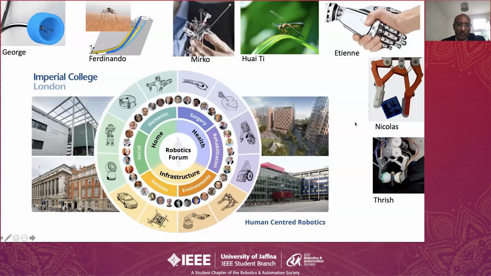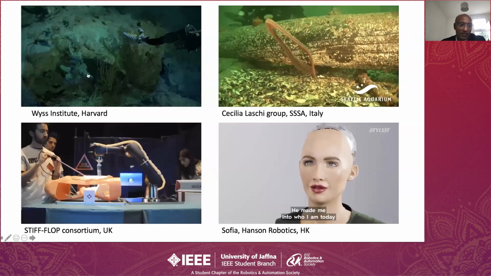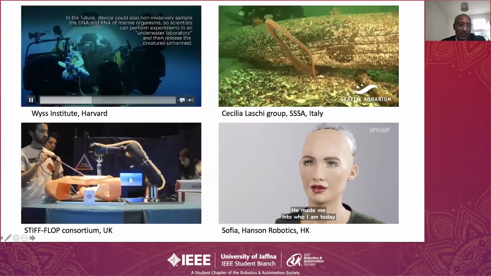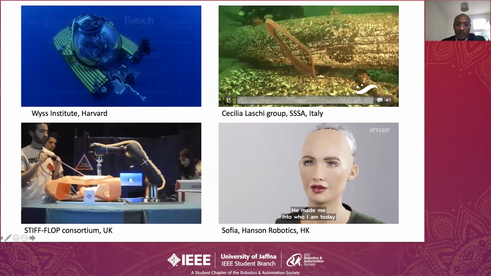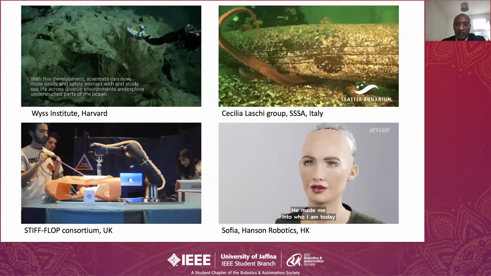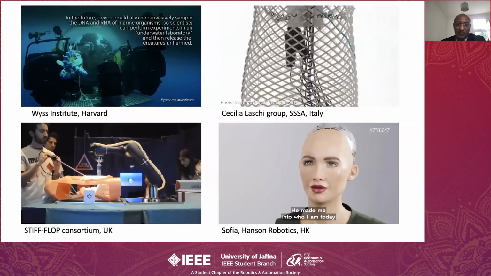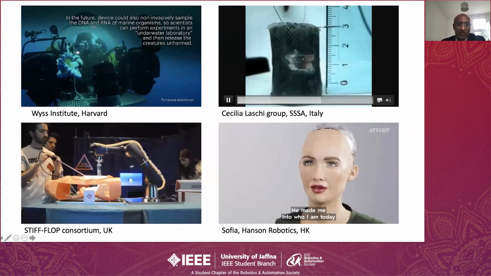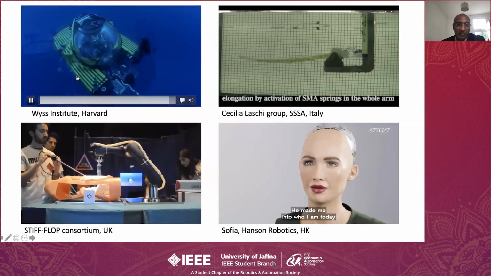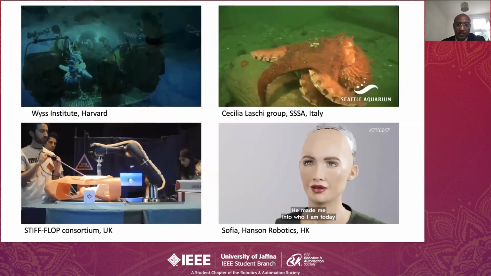So some of the soft robotic examples. This is an underwater robot from the Wyss Institute at Harvard. Most soft robots are inspired by this guy, right? So this octopus. Octopus limbs are very squishy and very soft, but it can solidify or stiffen to do certain tasks, right? If you take inspiration from this kind of soft tentacles of octopus, you can develop this kind of robots that can grasp very soft things like fungi and so on, and do sample collection without damaging the environment.